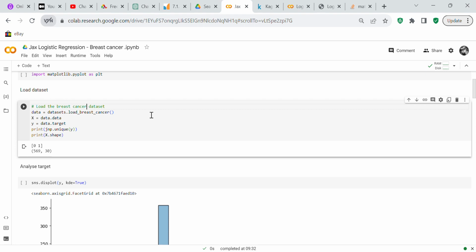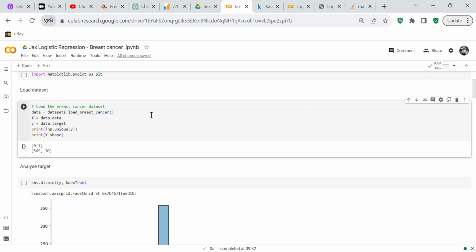So we're going to check the unique values of y. You've got two unique values because this is a binary classification. And then y is going to be your target. So we're going to print the unique values of y, and we're going to print the X shape, which is